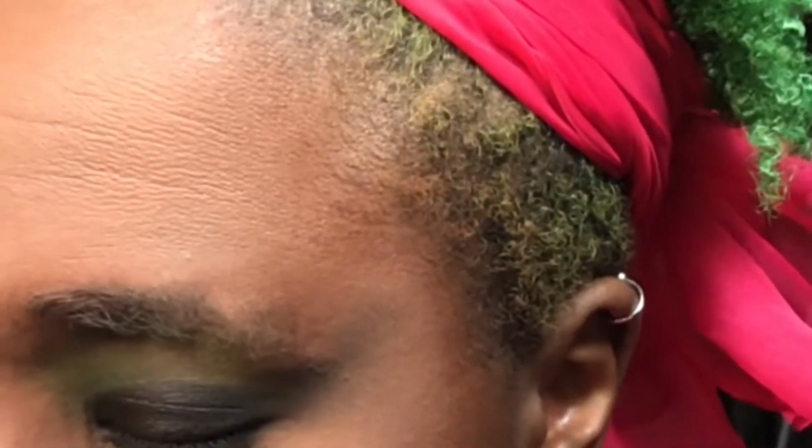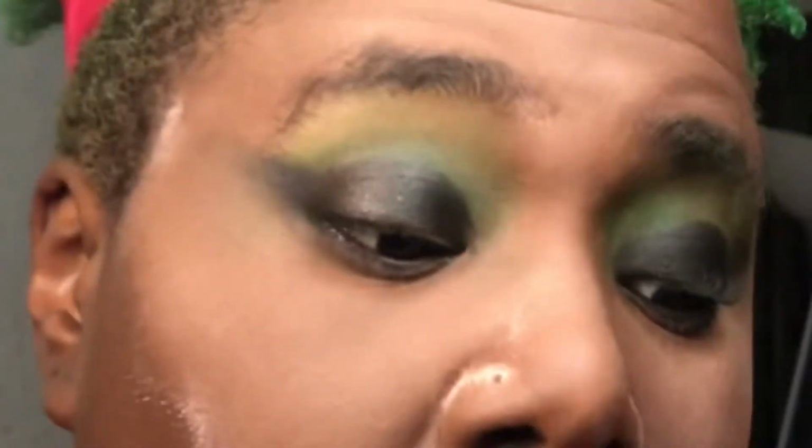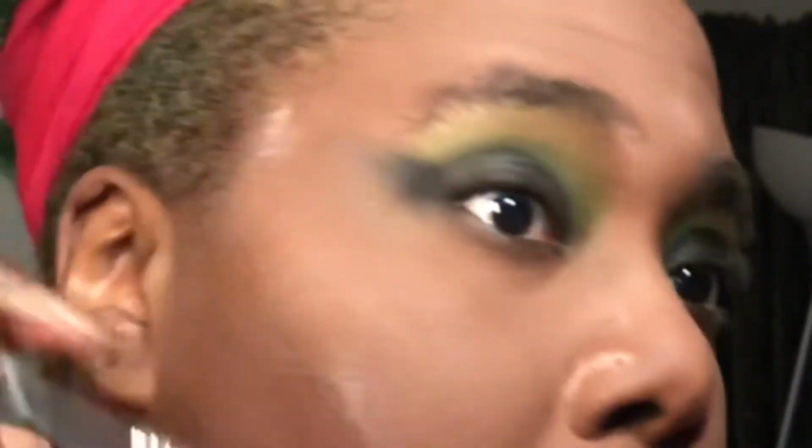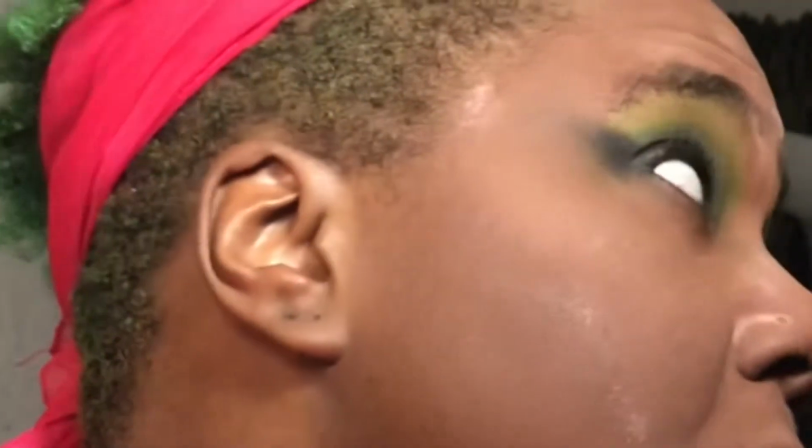I really need to stop swiping at the sides of my eyes when I have wet makeup on there. I don't know why I do that, but it's there now. Now I'm wiping off my wet brush. Trying to make it look like that was on purpose. That's good enough. Okay, now I'm going to use more Python green